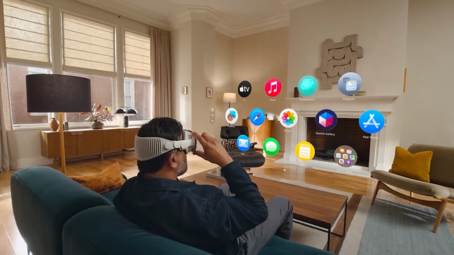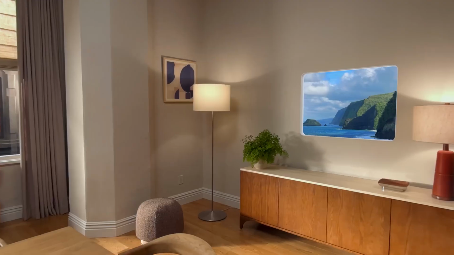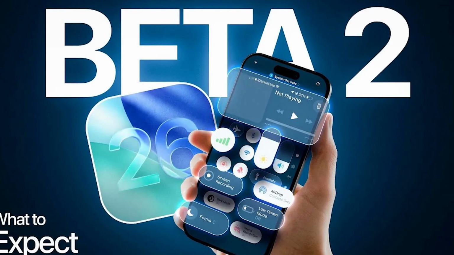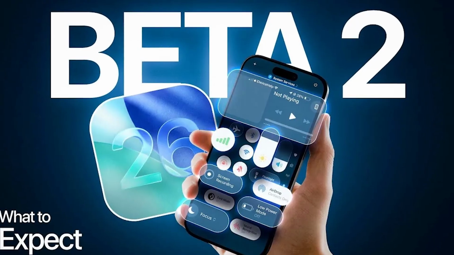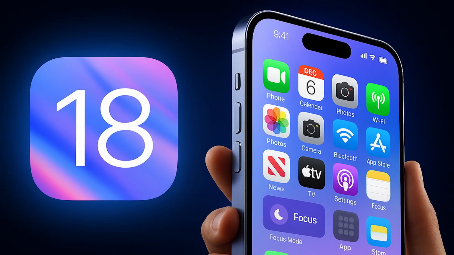So now, at last, to conclude, the biggest question is whether you should update to iOS 26 Beta 2. It is advisable that if you are already on Beta 1, you should update to Beta 2, because the UI is cleaner, Apple is now listening to users' feedback, and the bugs are fixed. And that's a wrap.